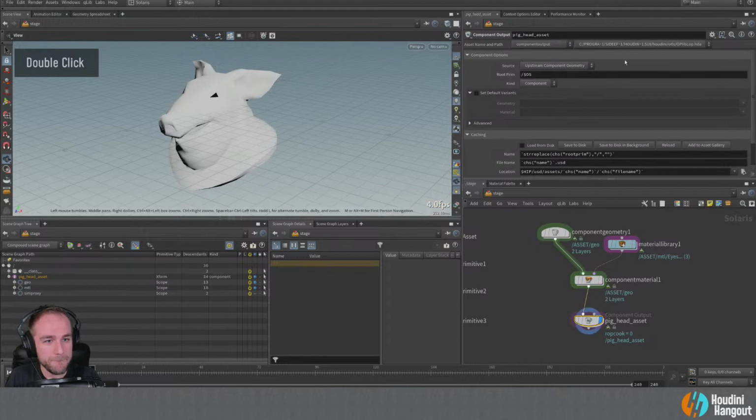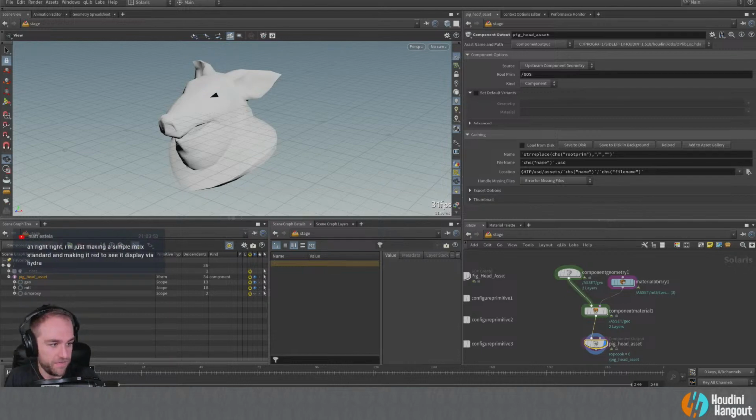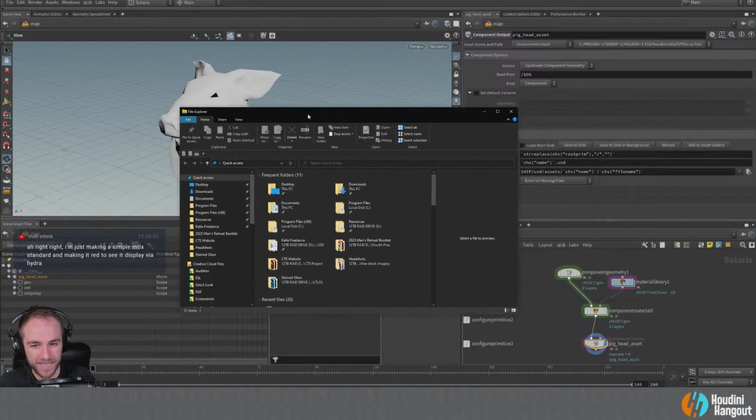I forgot about that. So okay, this is the really nice thing, because this is going to make a lot of really cool files for us. So we're going to save that. Yes, exactly. Right. So yeah, if you're just making a standard MaterialX and all that kind of stuff, it should be just fine. I ran into this problem the other day, and I was super annoyed at first, and I'll show you what is happening here.